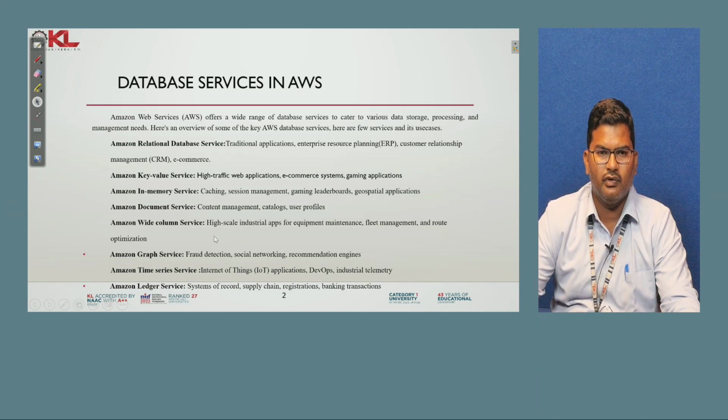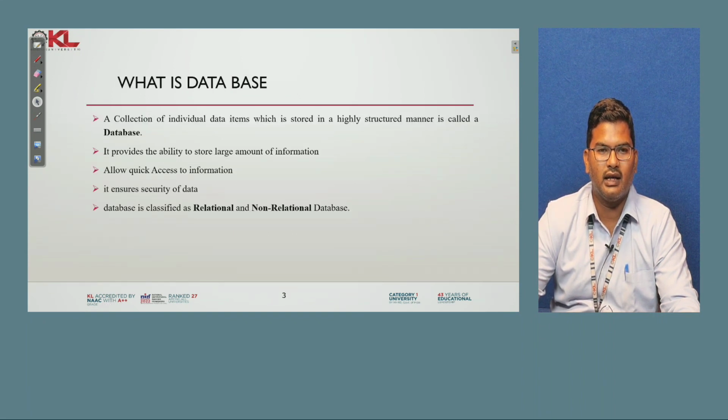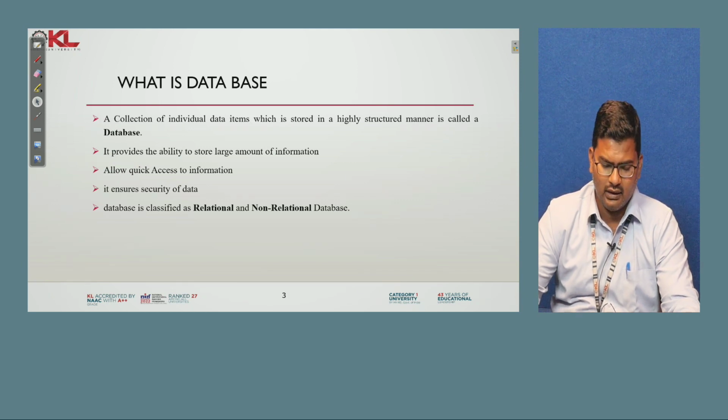Before we step into what exactly these different types of database services mean, first we'll understand what we mean by database. As we know, a database is a collection of individual data items stored in a highly structured manner. We can consider it as a table, where a table stores